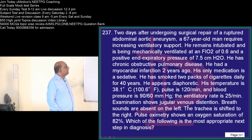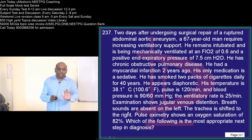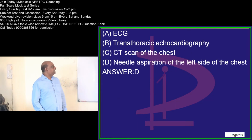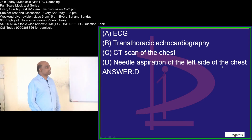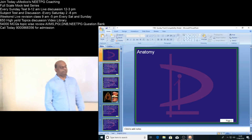So the patient has the development of a tamponade happening on the lung because of the presence of the fluid. So needle aspiration of the left side of the chest is considered to be the important part of